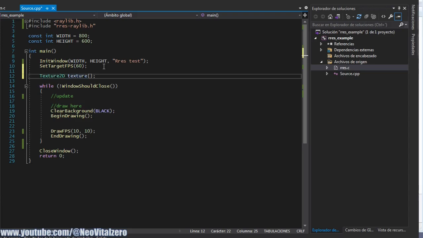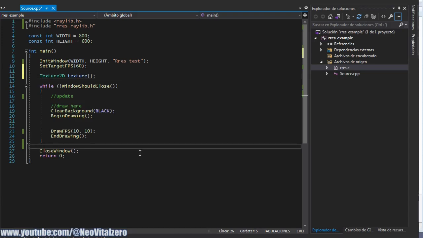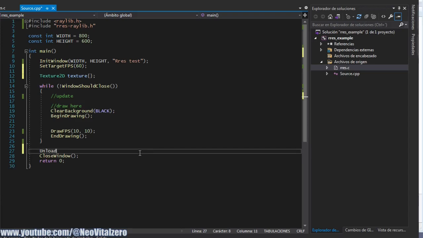Just remember, we are using C++ to make this. You can do it in C. You will have less problems than I, but you can follow up as well. Now, as we create a texture, we need to unload it to be safe. And then what we need to do